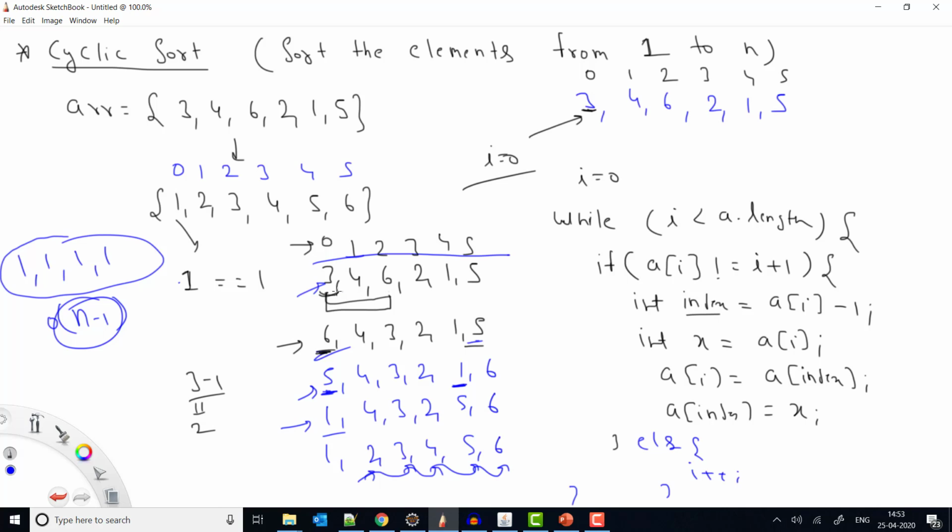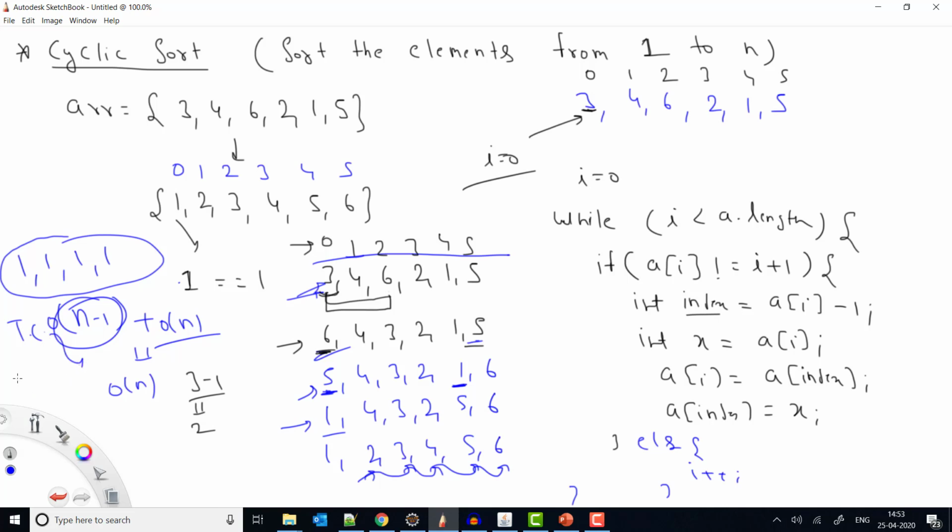And then how many times am I doing this? i is operating till n, so it will be big O of n, right? If you see here, we are not doing 2 for loops. The while loop is still 1. These are just swaps, that is why we are adding plus. So overall the time complexity will be big O of n. So this will be my time complexity, right?